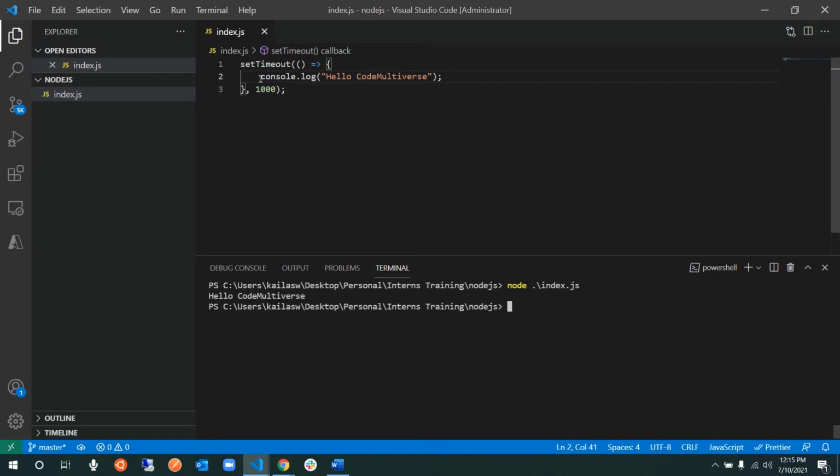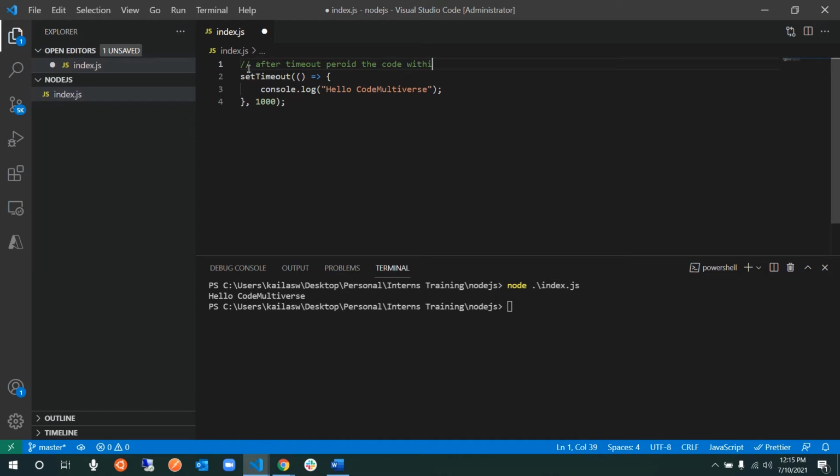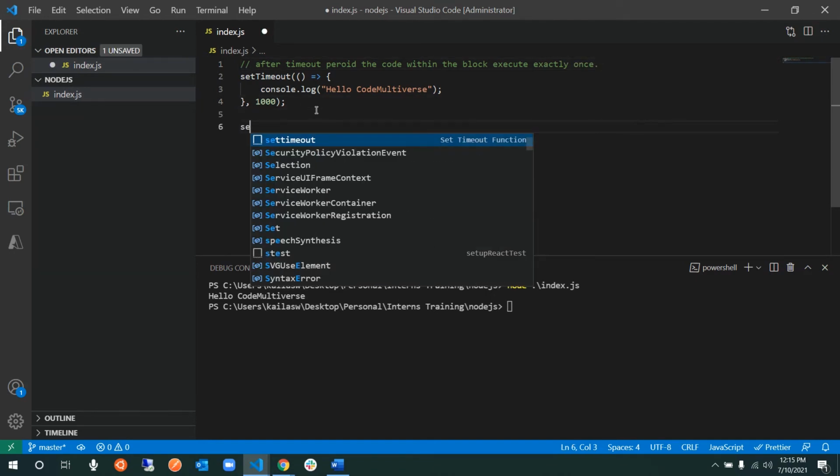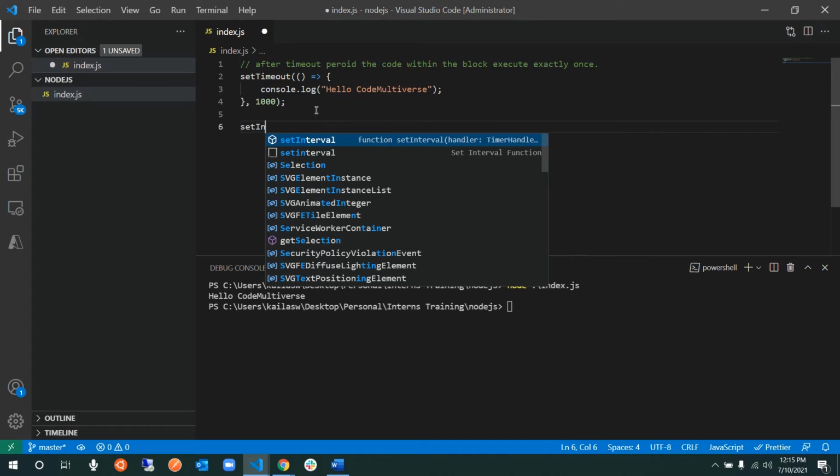How many times did it print? It prints only once. So after the timeout period, the code within the block executes exactly once.